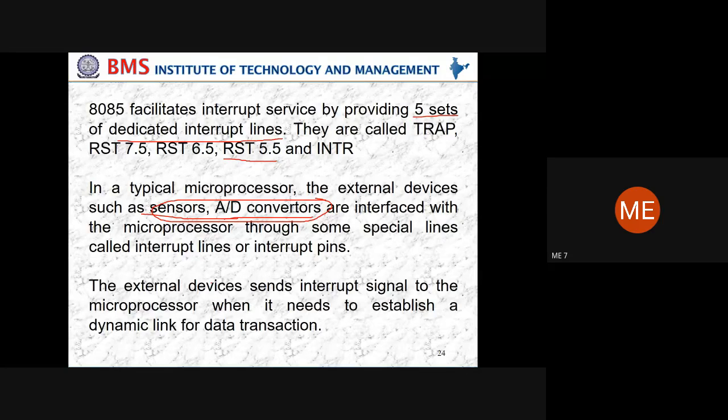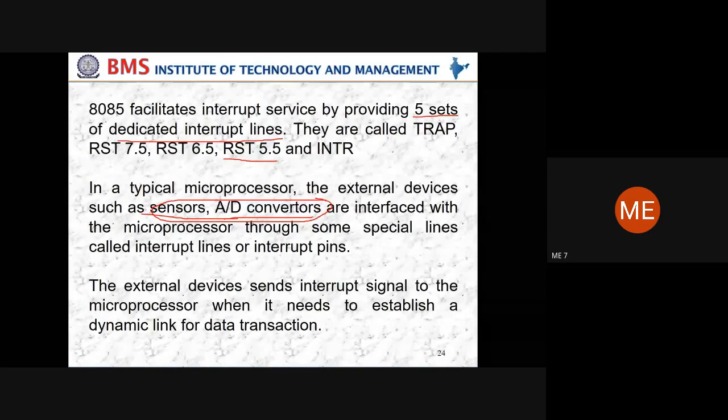Now, during the processing of the microprocessor, some external device wants to establish communication. I will not ask what are interrupts, or briefly explain the function of an interrupt, because you will easily write all that. Rather, I will put the question like this: the microprocessor is doing its regular operation, and during it some external person or device wants to establish a communication with the microprocessor. What is the possibility of the communication, and how is the communication going to happen? Explain clearly. Then you are going to write all these issues.